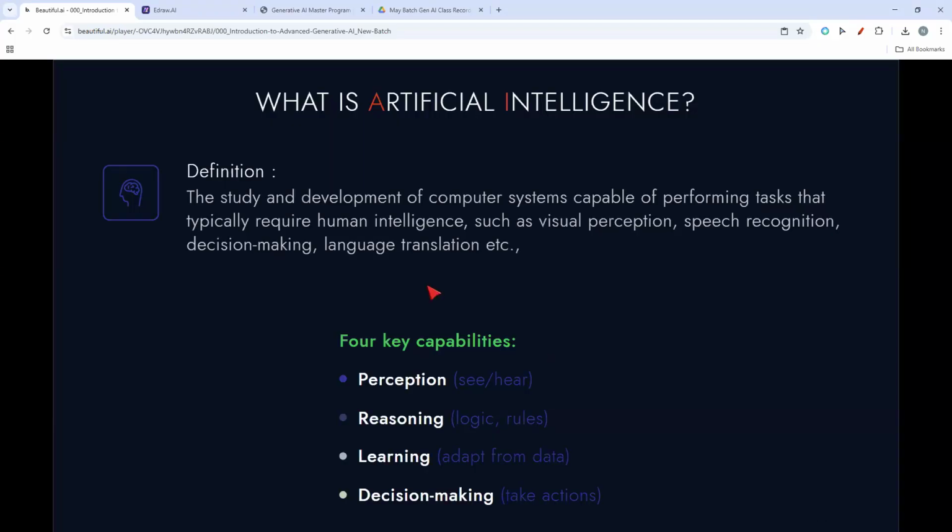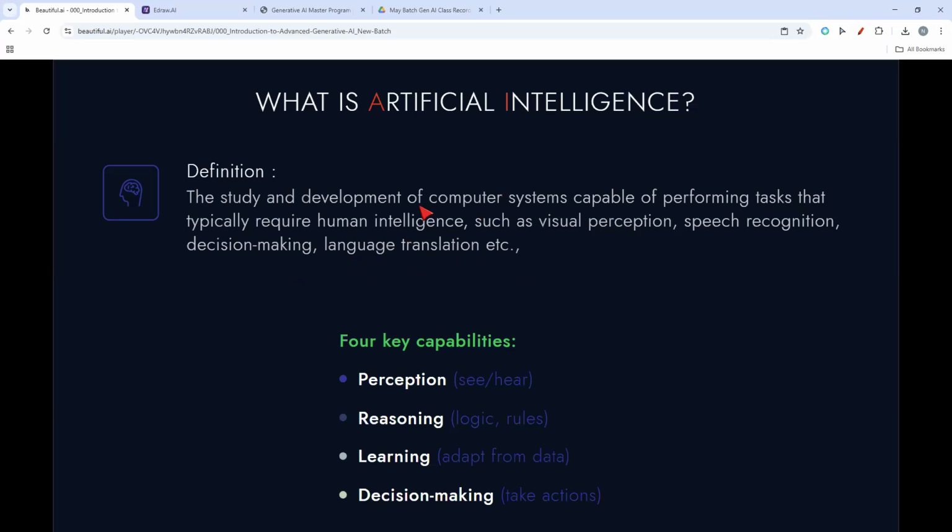Let's start with the basic understanding of artificial intelligence, nice and simple. What is artificial intelligence? You can think of it as teaching computers to do things that usually require human intelligence, like seeing, recognizing speech, making decisions, learning from information, or translating language.